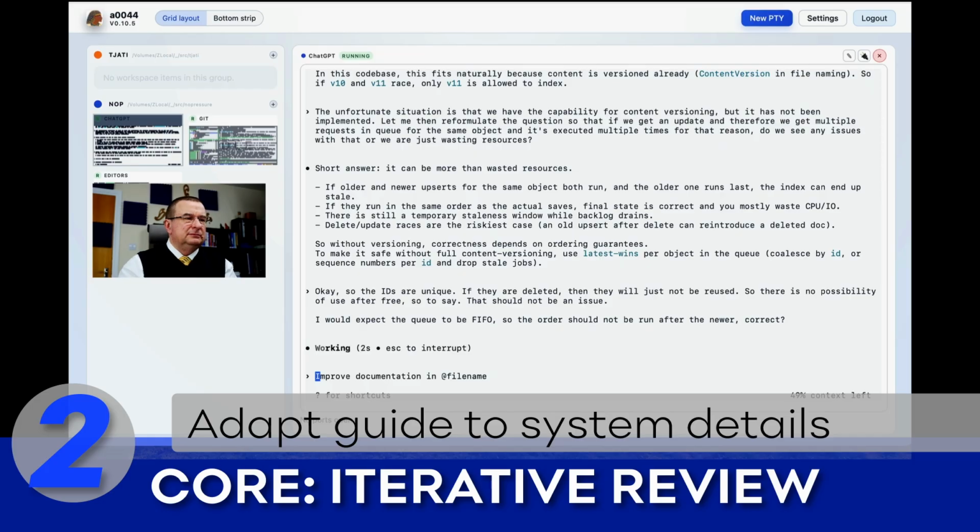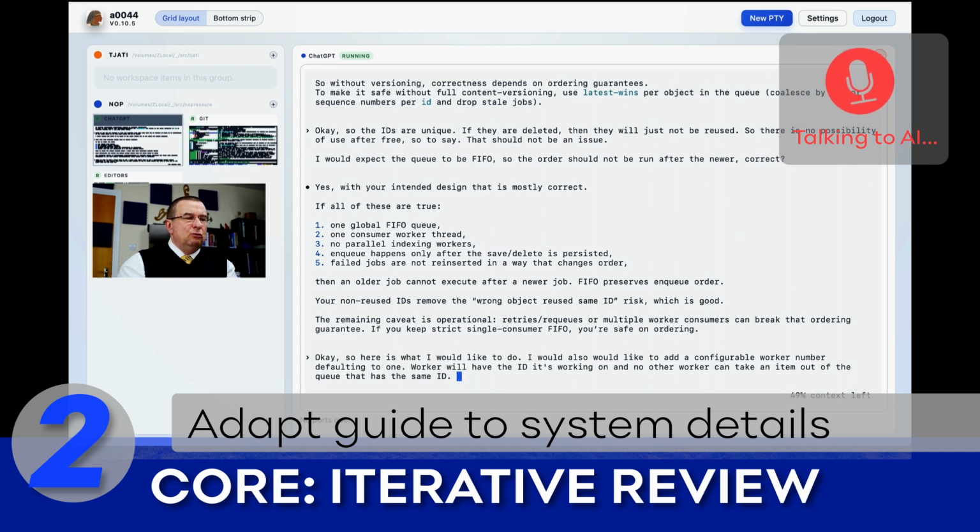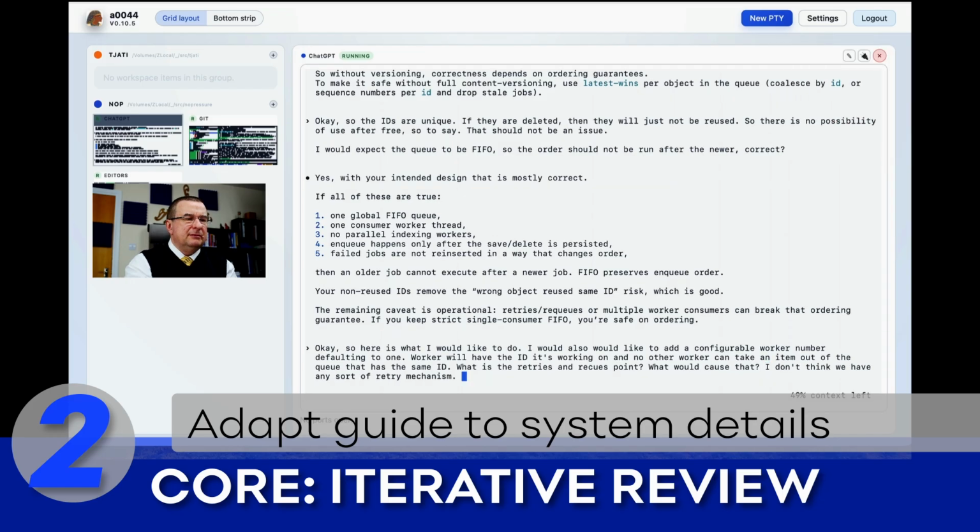Okay, so here is what I would like to do. I would like to add a configurable worker number defaulting to 1. Each worker will have the ID it's working on, and no other worker can take an item out of the queue that has the same ID. What is the retries and requeues point? What would cause that? I don't think we have any sort of retry mechanism. Not requeues,